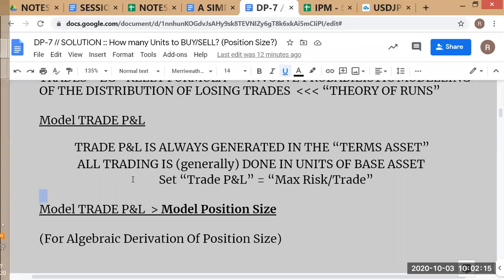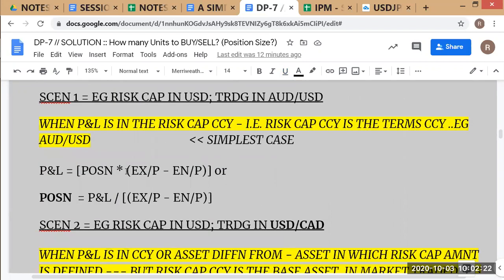All right. Let's go back to the first scenario, the very simple scenario, the simplest case, and you can understand scenarios 2 and 3 as a slightly more complicated version of this, adding one more twist, two different types of twists, to the simplest case. So in the simplest case, PNL is in the terms currency. So it's very simple. Your PNL is going to be your position